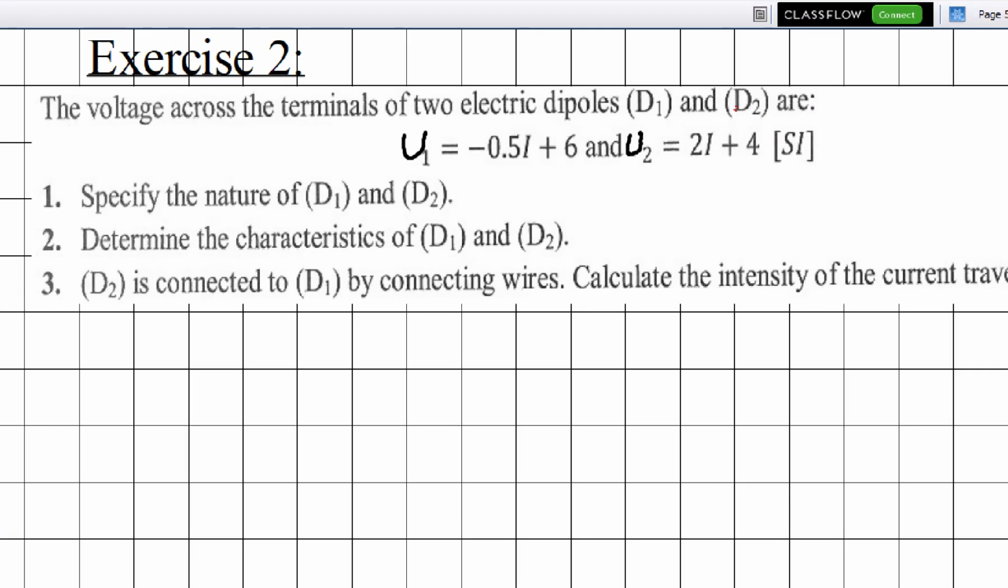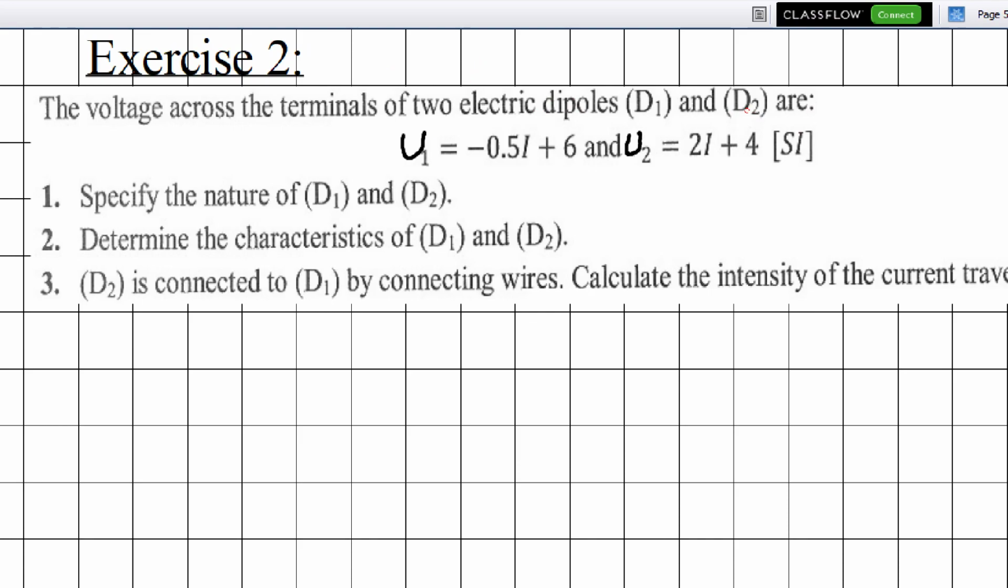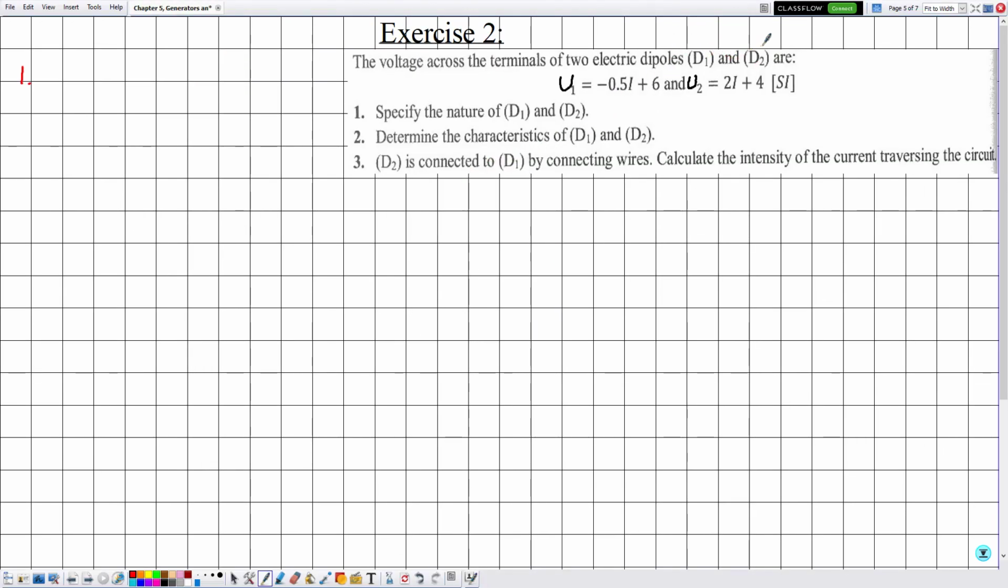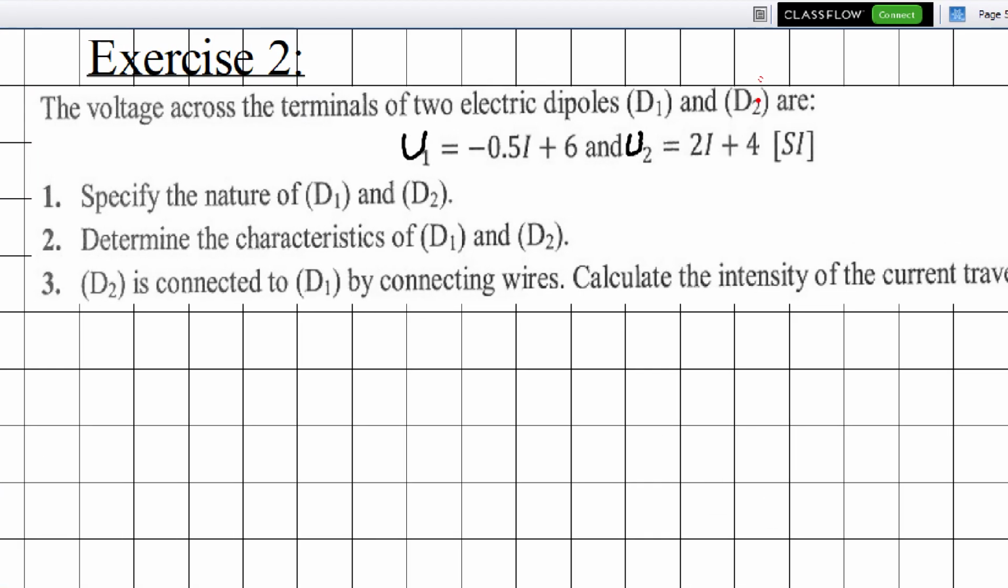And so what do we mean by dipole? An electric component that has two terminals. So we are only interested in three natures of dipoles. They are given by resistors, generators, or receivers. And specifying the nature of each one can be done by comparing the given form with Ohm's